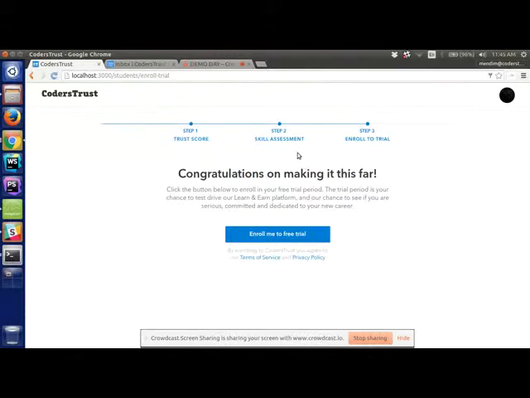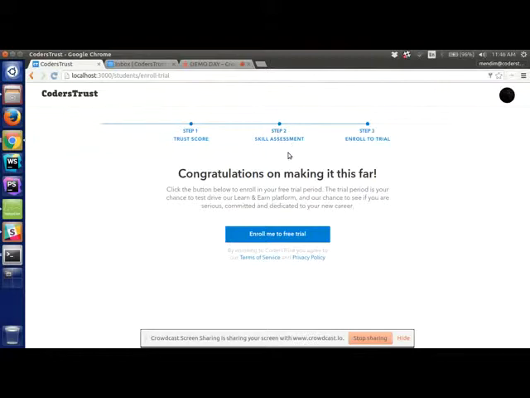So from 0 to 100, how good is this student in computer aptitude and programming aptitude? And then we save all the data that we can get from all these services, and of course the skill assessment is then saved to the student. So we have kind of a data screenshot of a student coming in the door. Exactly how many friends on Facebook do they have? How many likes?